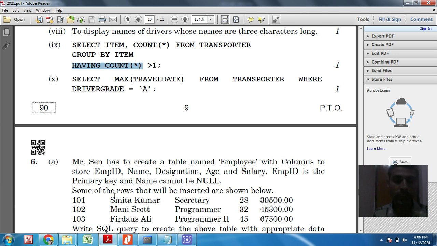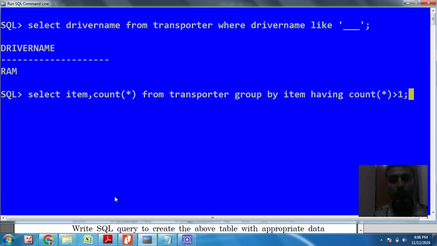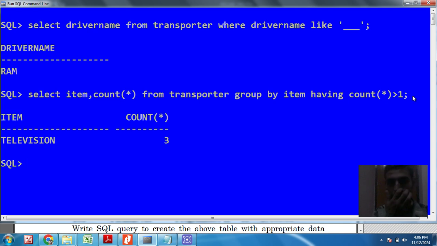Now execute the code. SELECT item, COUNT(*) FROM transporter GROUP BY item HAVING COUNT(*) greater than 1. Just try to see the output. What will be the output? It is television.